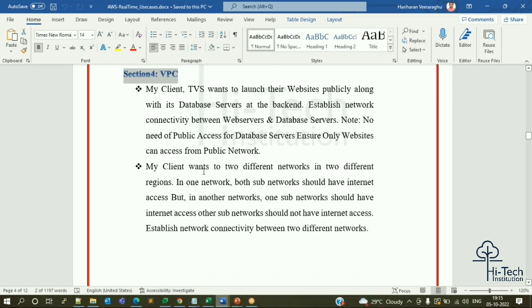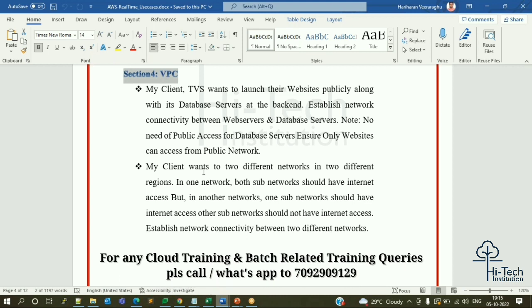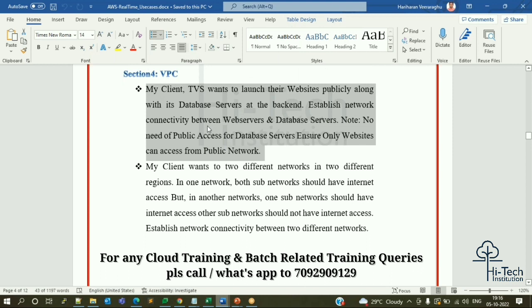In the same way, for DevOps we have a separate document. I'll show you shortly. In each section I'll be dealing with dedicated DevOps tools: one section for Jenkins, another for Terraform, another for Python Boto3, a third for CloudFormation. Now, by just seeing the big paragraphs, you can't understand it.